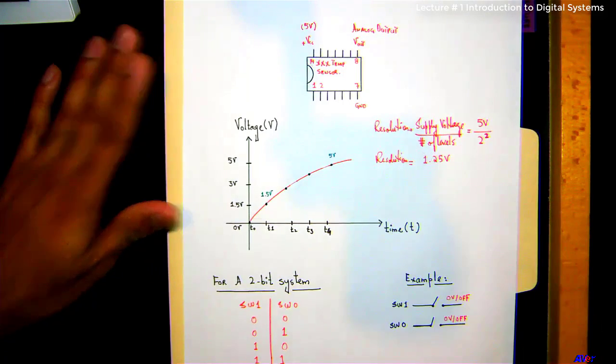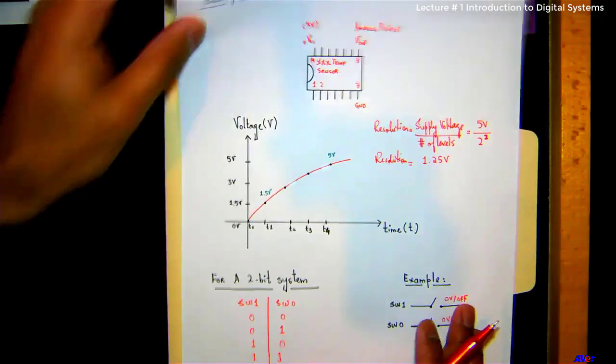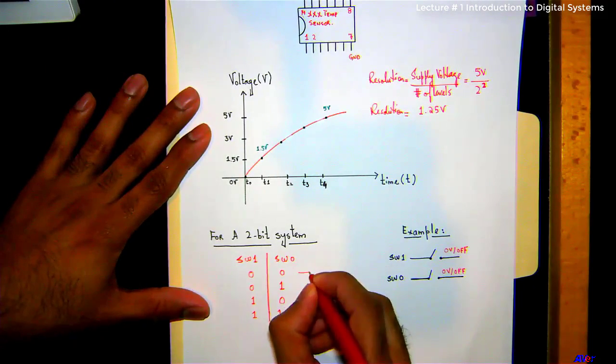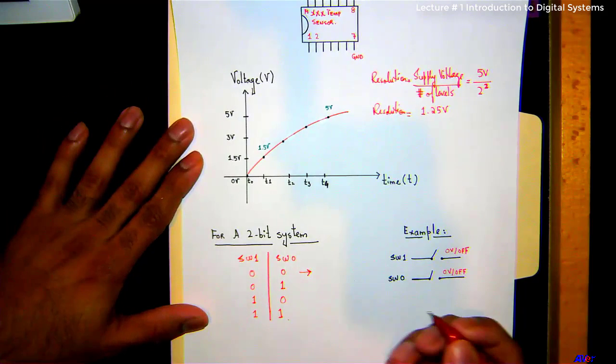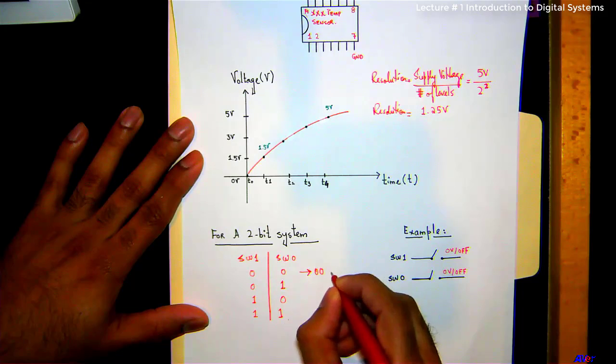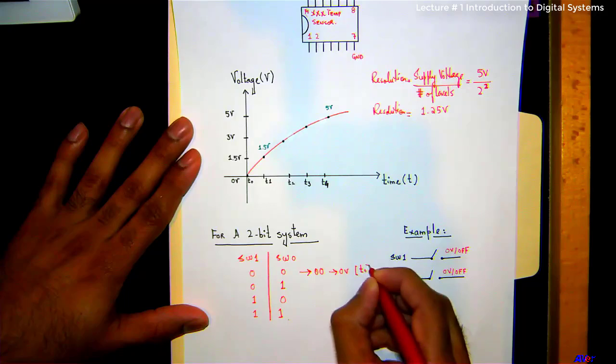Now this is not going to be the most accurate system because it only has 2 bits. If you look at your computer, we are actually moving towards 16-bit, 32-bit systems, so we are talking about so many levels. In this, we only have 4 levels. So what does this 00 mean in a digital system? This 00 is basically 0 volts, which is T0, correct?